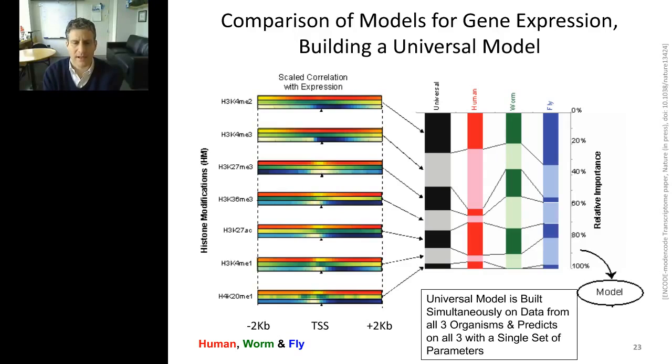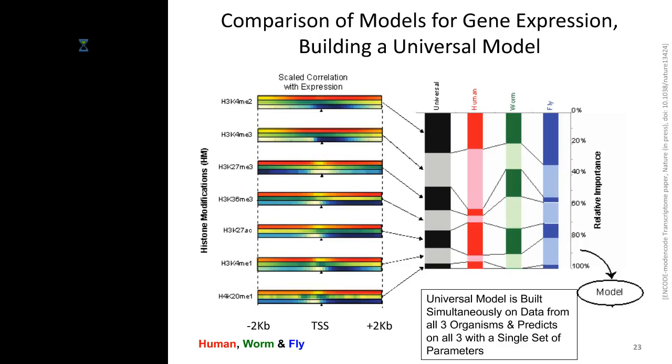And something like H3K27 acetylation becomes less important, whereas in, say, the human model, it was more important. And so it's interesting to see these differences in which marks are kind of the most ancient and the most